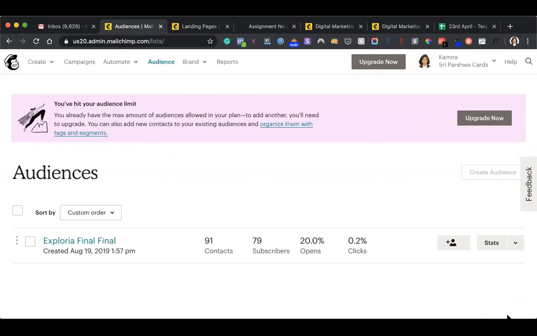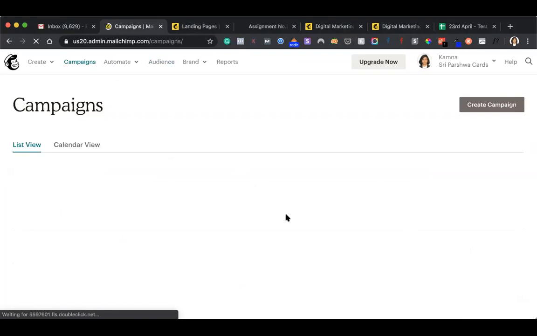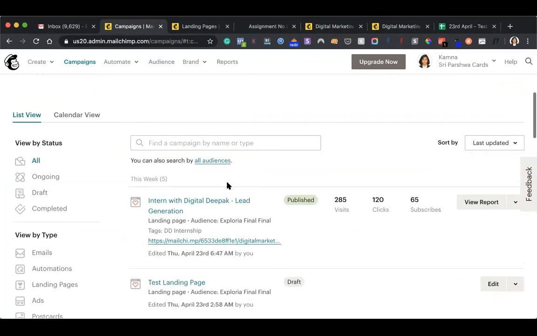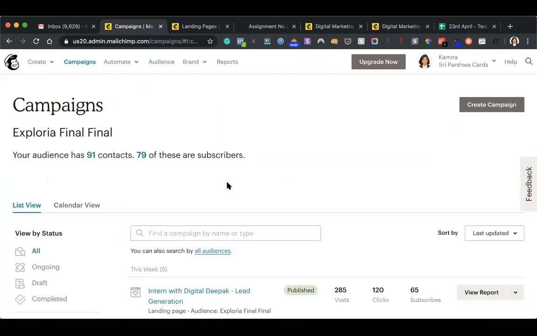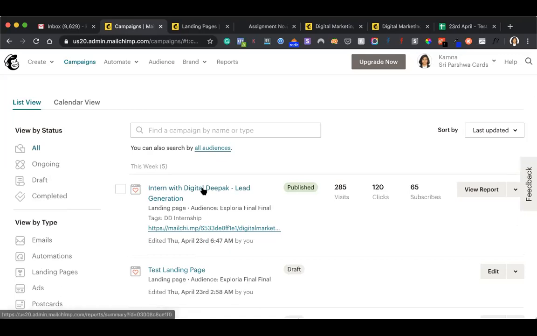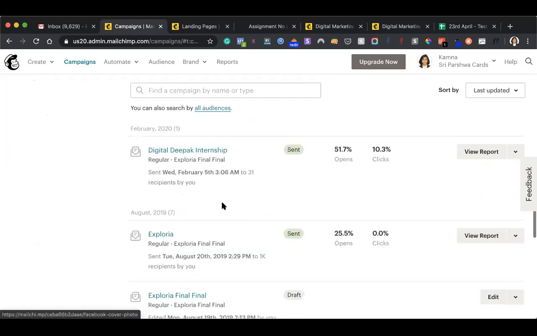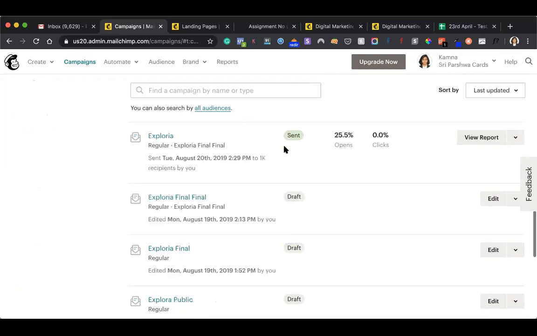Right. You can see my MailChimp screen. Yeah, great. So now anytime somebody fills up the lead form on MailChimp, it is added to the audience here, and which is why it's considered a new subscriber. Now, if you see, there's a campaign here which says intern with Digital Deepak lead generation, and there's a test landing page. For example, just assume it was published,